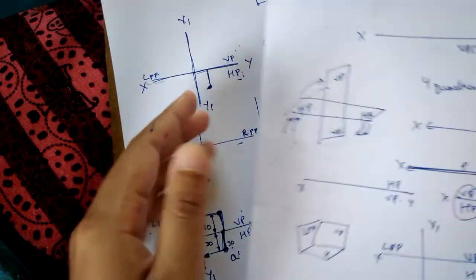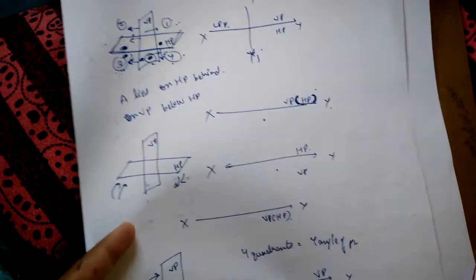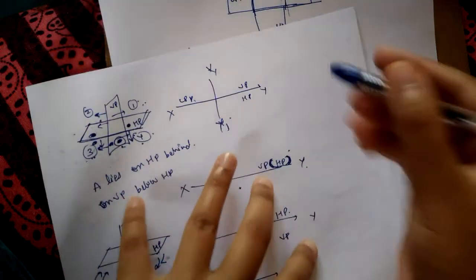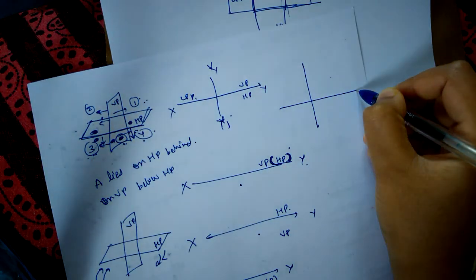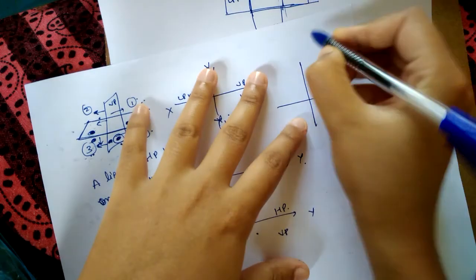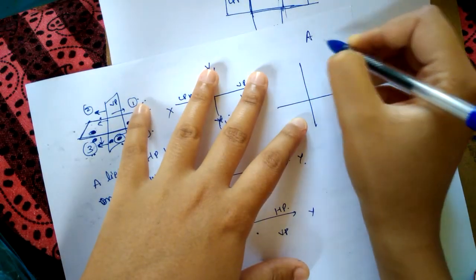Now, the other thing which we have learned today is about the representation of points in a first angle of projection. Like we had considered, case A is 30 from all the